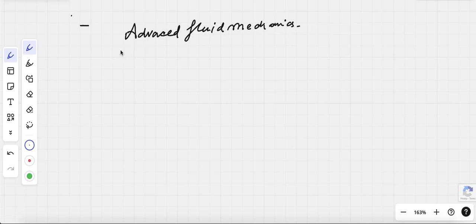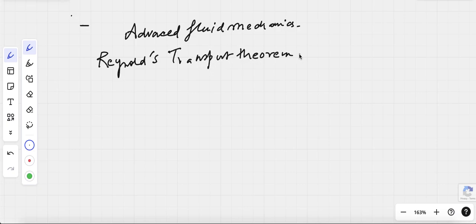The first topic will be Reynolds transport theorem. These lectures will not be having much details or in-depth studies or theories related to the topics, but will be sufficient for examination purpose. So let's say this is a fluid element